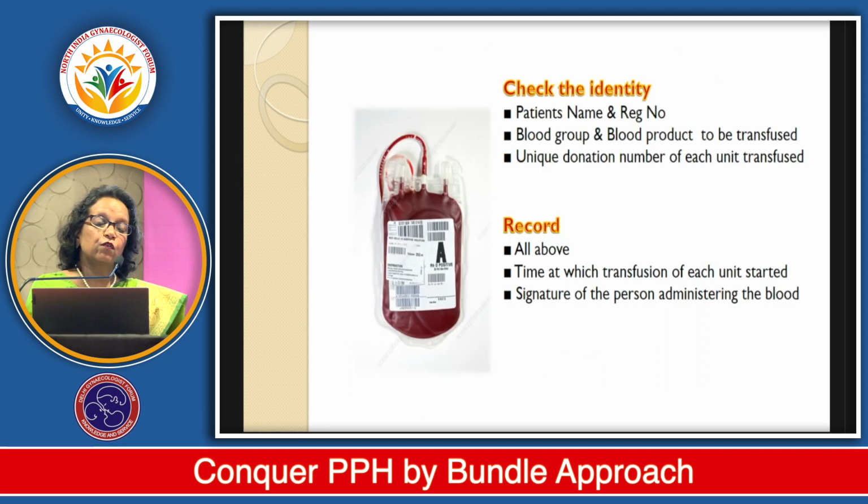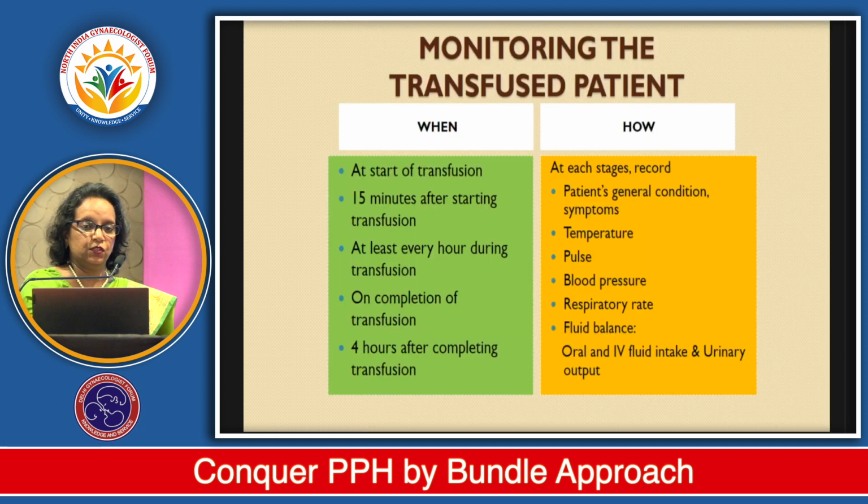Now record. We have to check the identity, patient name, CR number, the blood group, and then record everything above, who is administering and the time of administration. Monitoring is equally important. We have to monitor at the start of transfusion, at 15 minutes, every hour, and at completion,